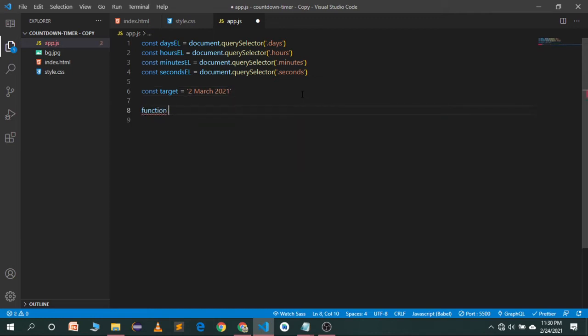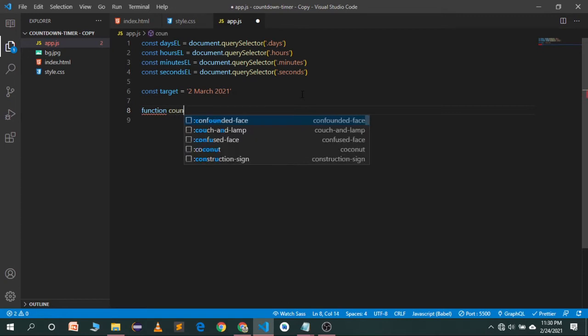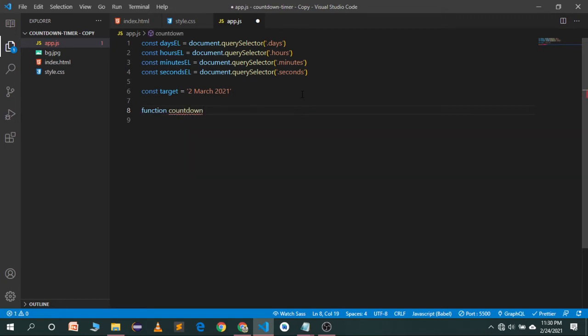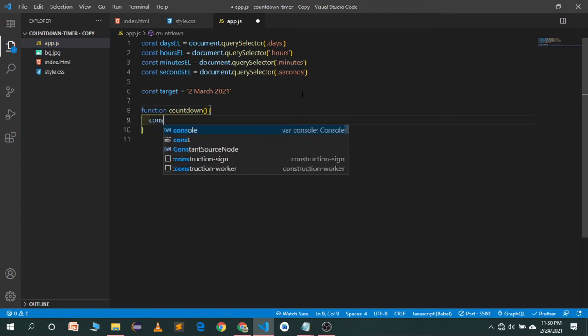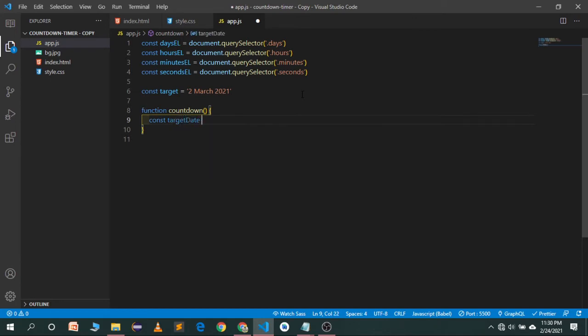So first of all, create a function with the name of countdown. We have a parenthesis, and first of all I will create a target date. So the target date will be new Date, and we will pass it an argument of target. So this will be our target date.